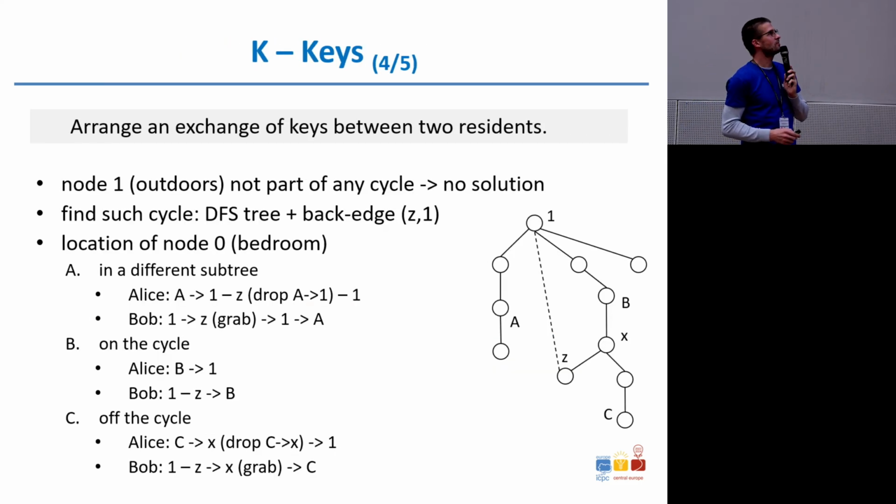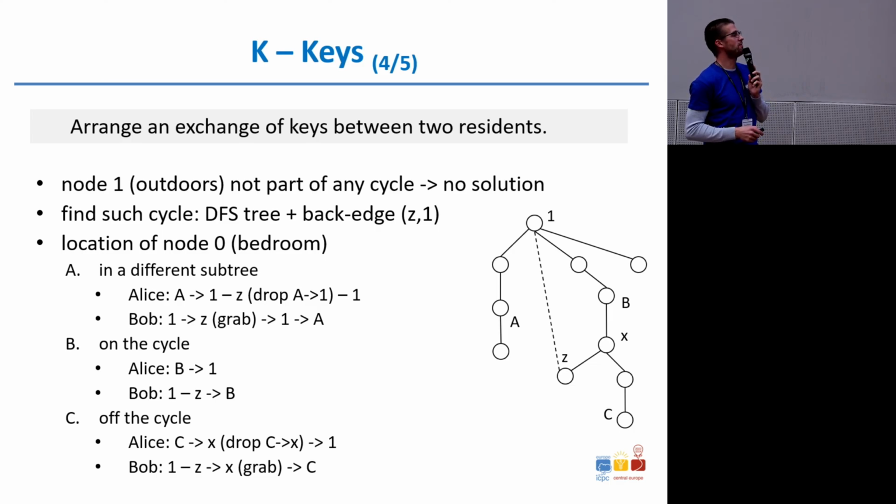Cool. Now keys. So there weren't as many solutions as we hoped there would be. So let's look at this. So the task was to arrange an exchange of keys between 2 residents on a tree structure. And some person had to go from, let's say that C0 had to go from 0 to 1, and then the other person had to go from 1 to 0,